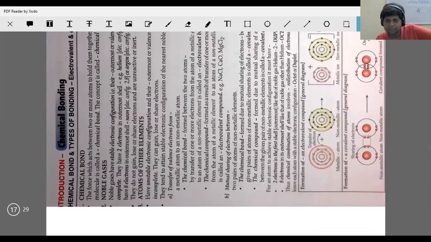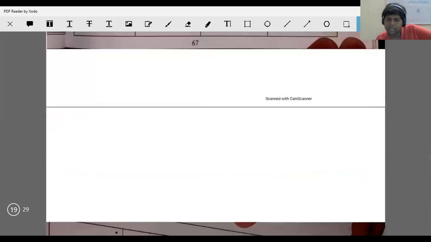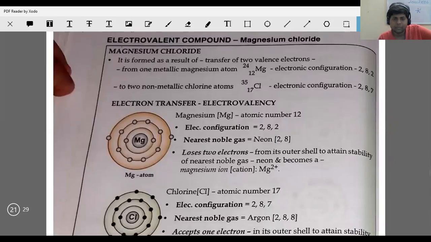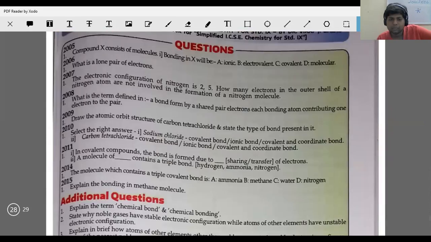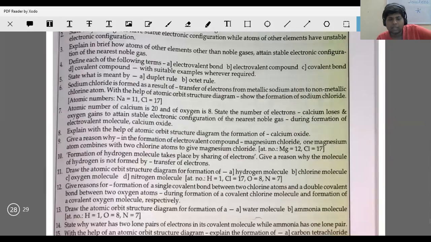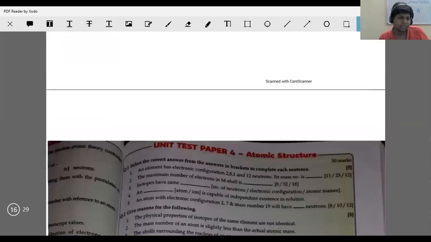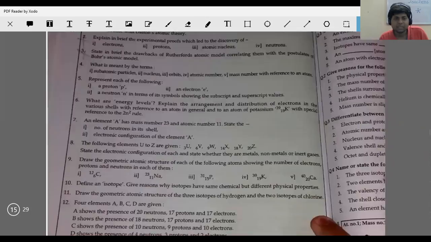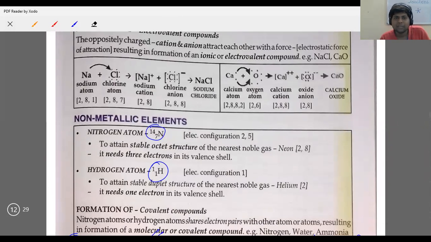Okay? Sir, from next day we will start with the periodic table. Yes. And after we finish our class 9, we'll start with class 10. Yes, we can start class 11 directly. There is nothing much in class 10. Okay, fine. Thank you very much, sir.